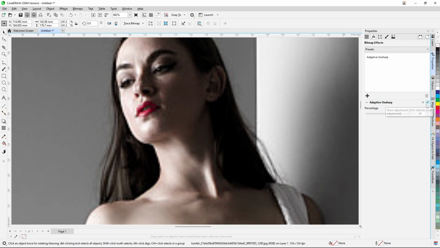And here show adjustment, control click. So right, control click for a local adjustment. So here we have control click. Alright, so uncheck this one,